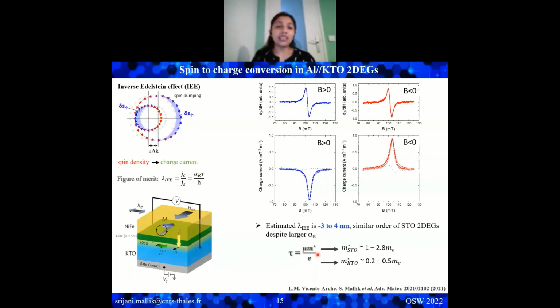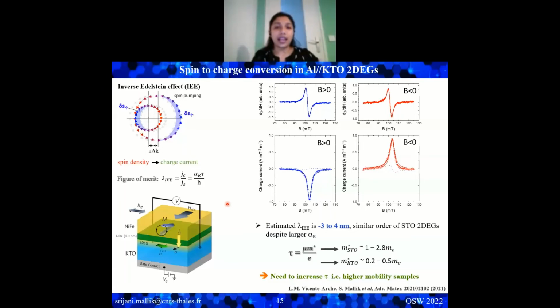So to really utilize the gain in the alpha R, what we need to do in future is to increase the mobility of the samples. This can be achieved by changing the materials. This we have seen in case of the STO. So we have to do this kind of studies in future so that we can have really high mobility samples to take advantage of the very high Rashba coefficient to achieve very high spin to charge conversion.